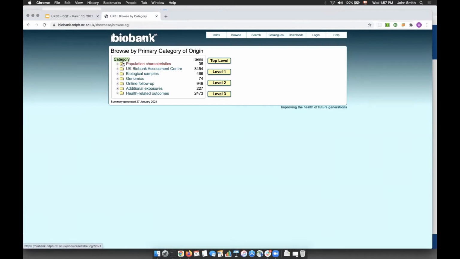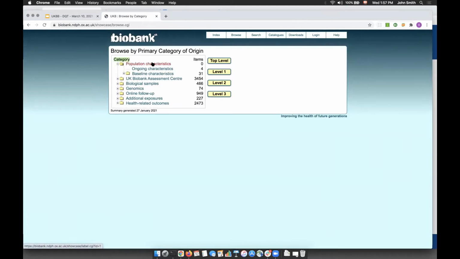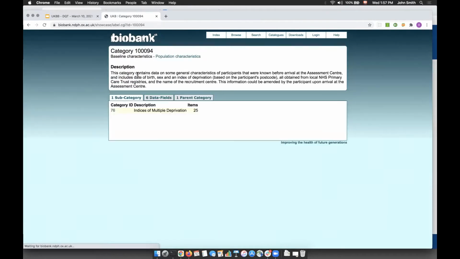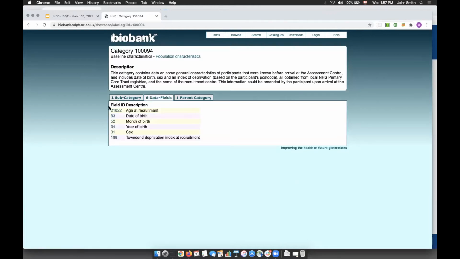So this is a tree of categories, population characteristics, in which we can find baseline characteristics. And in this leaf category, there are effectively 6 data fields. So in the Loris instance, we can expect to have a baseline characteristics instrument with all those variables.